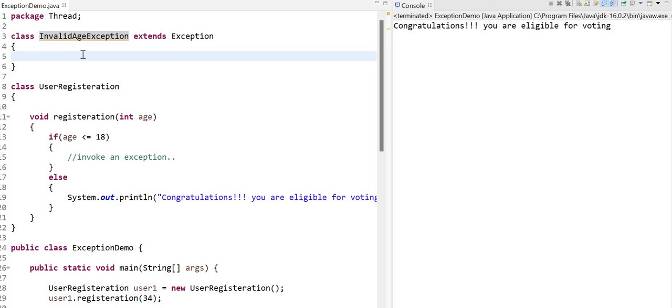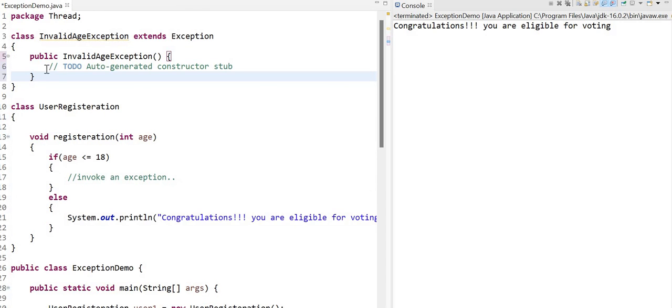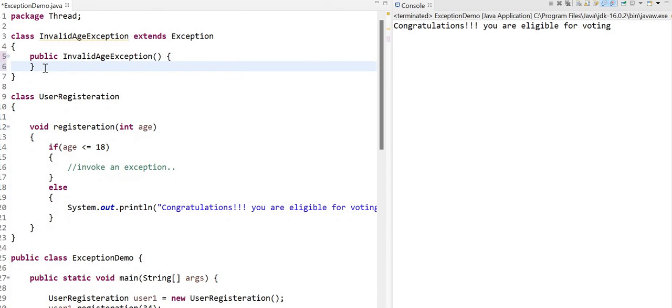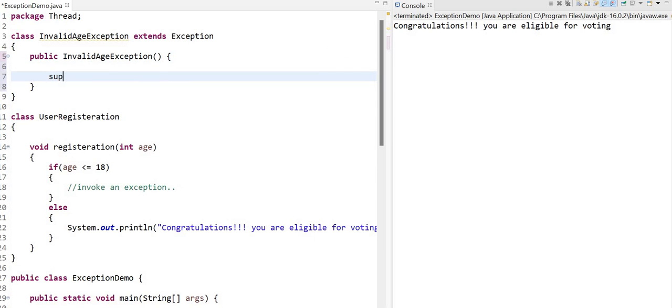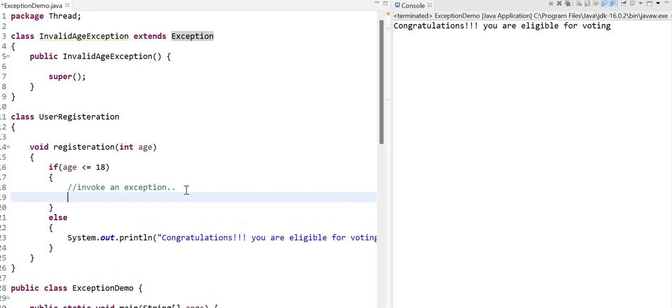Apart from that, I will write the constructor over here, and in the constructor, I will do some stuff. What am I going to do? I will tell you. For now, I will just call the super. If I am calling the super, it means that you are calling the parent constructor, that is, the exception class constructor, correct? Now, how to first of all invoke this exception over here? How to invoke it? See, we have learned in the previous examples as well